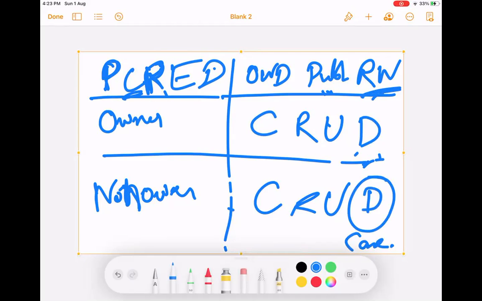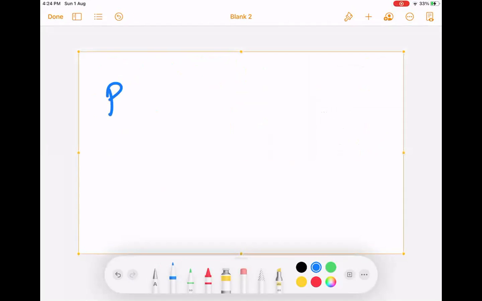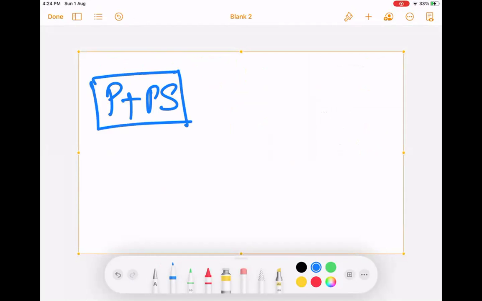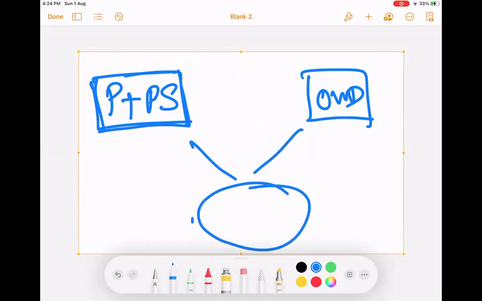Okay, guys, clear? It is very crucial, and the grammar is very simple. Don't get confused here. The grammar is that profile plus permission set is added up. So any permission you have given in the profile, and any permission sets you have created, all add up. And if there is an OWD setting, out of these two, whatever is the minimum setting wins.